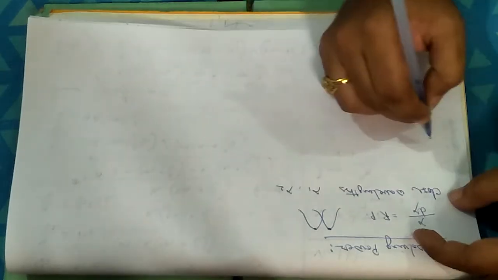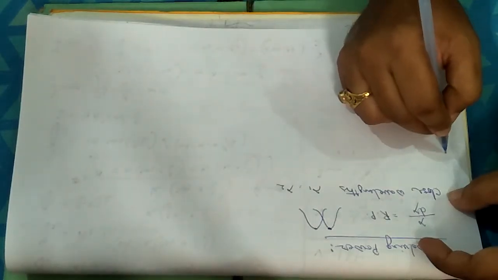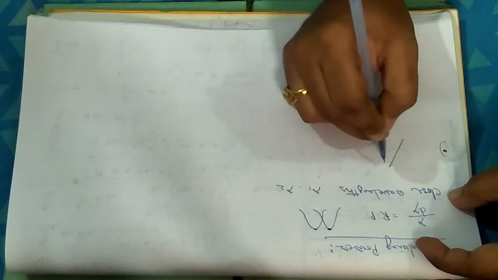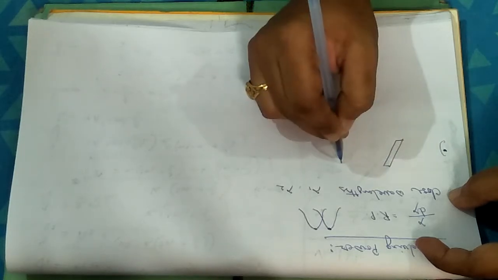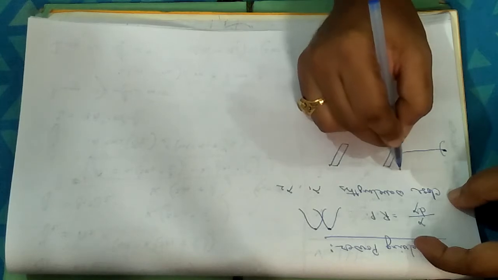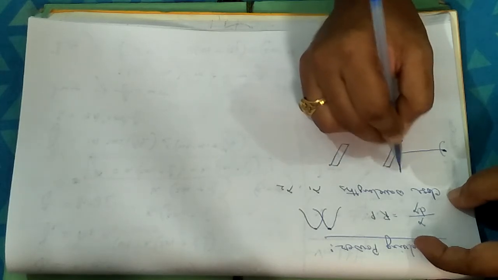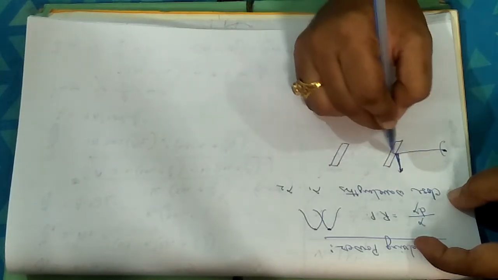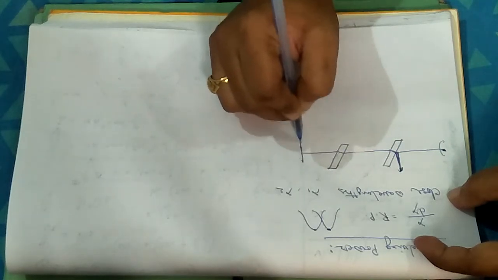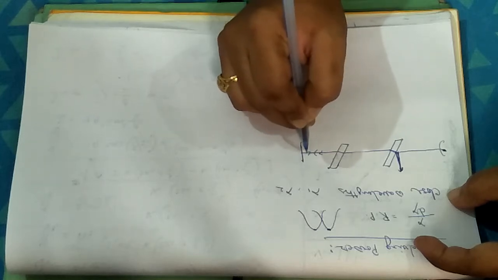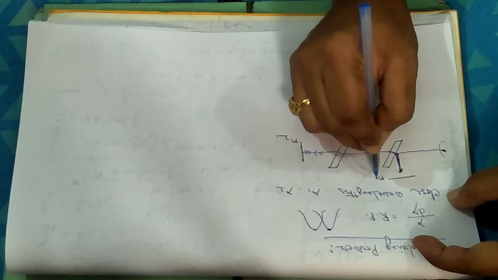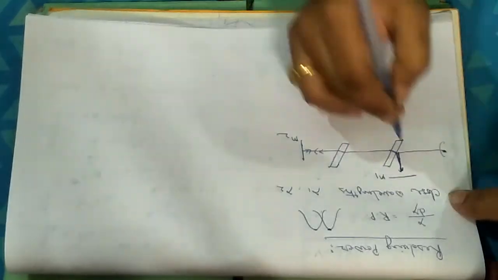In the previous diagram, suppose this is the point source, one semi-silvered glass plate is here, another semi-silvered glass plate is there, and from the point source light is coming in this direction, it is being reflected vertically upwards in this direction. One is suffering transmission, then again it is being reflected by another mirror. This is M2 and there was a mirror M1 in the previous diagram.